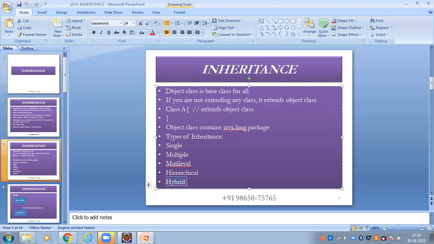Why? Because one class would extend more than one parent class. That is why these two inheritance types are not allowed in Java.